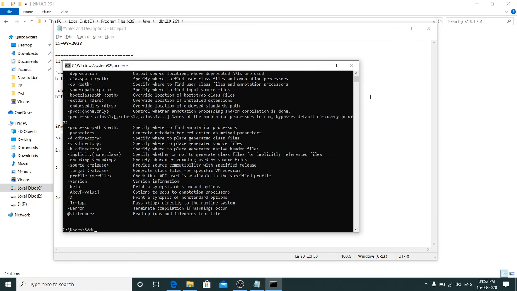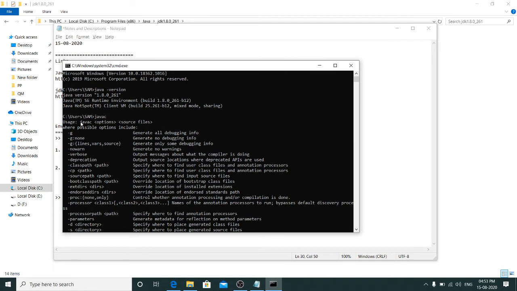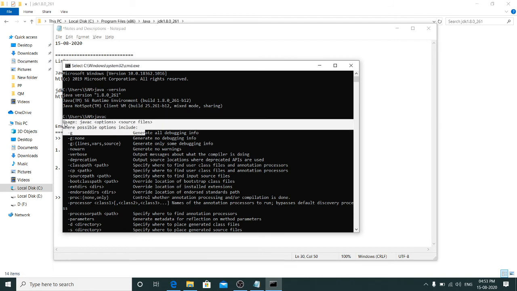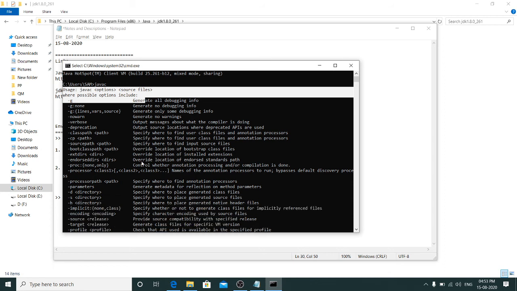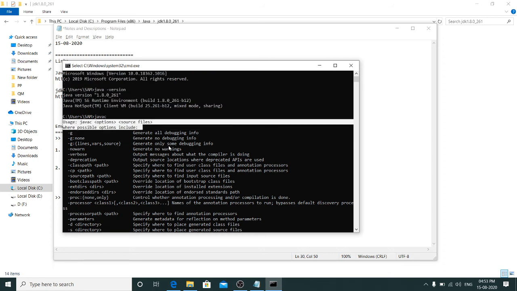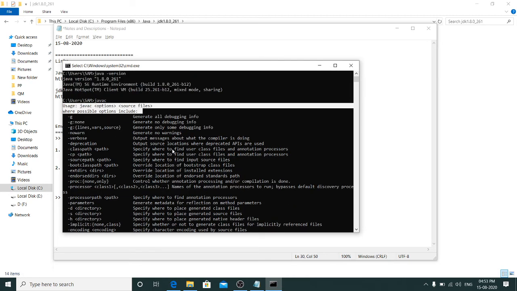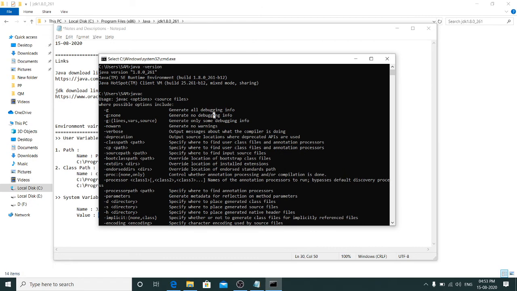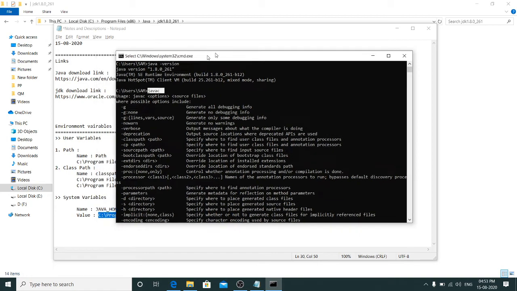See, you can observe you got some details. You say javac, but earlier it gave us an error. But now we are getting these options related to Java. That means the compiler javac is working fine now, and we can go ahead and write some programs and then use javac to compile our Java files and get the class files.